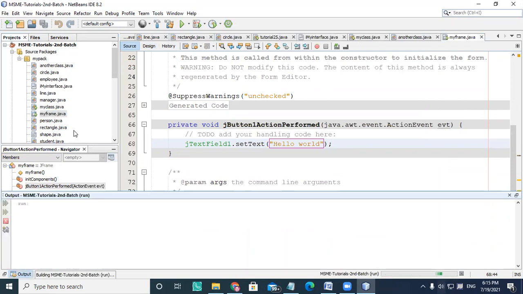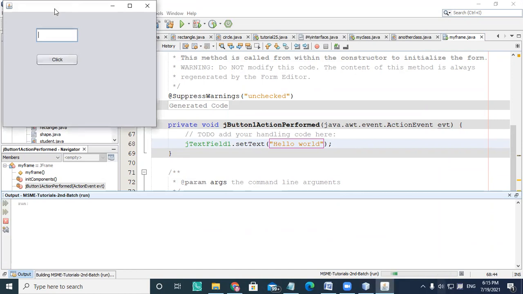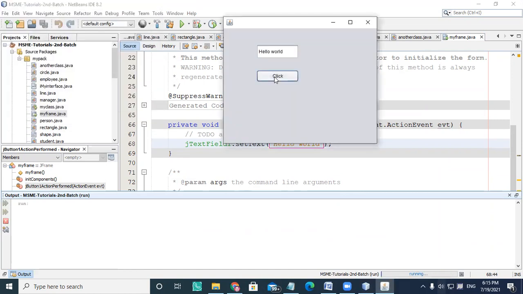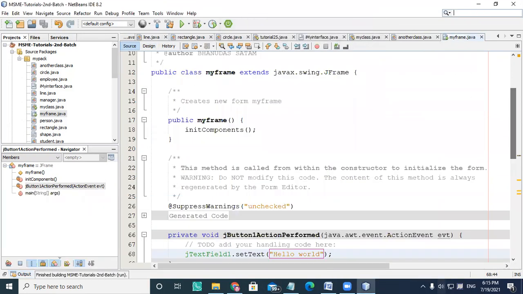So I'm just running this. If you see, whenever I click on the click button, it prints hello world. So this is my graphical user interface, and we can take input and use interfaces here.